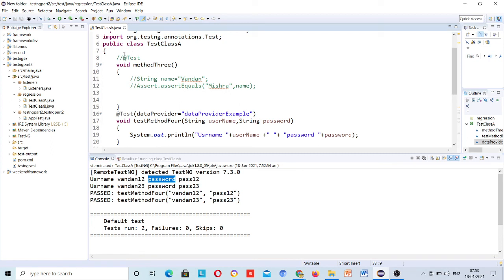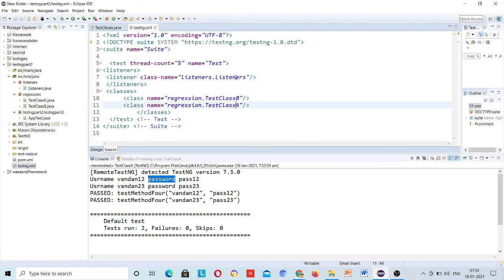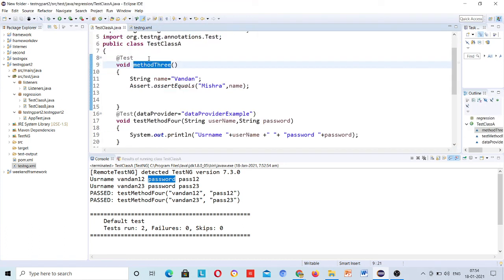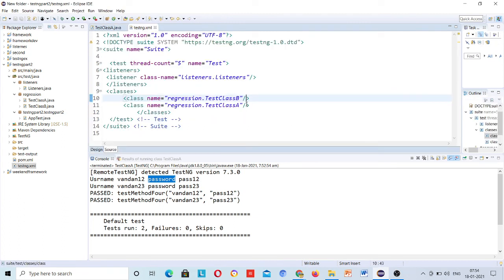Just like I have removed this test from here, suppose I want to exclude this test from my result. So just go to the testng.xml file. This is method 3, just copy it. Okay, and once you copy it, inside the class, from the test class A, which I want to remove from my result, inside this testng file, just make it multiple lines.